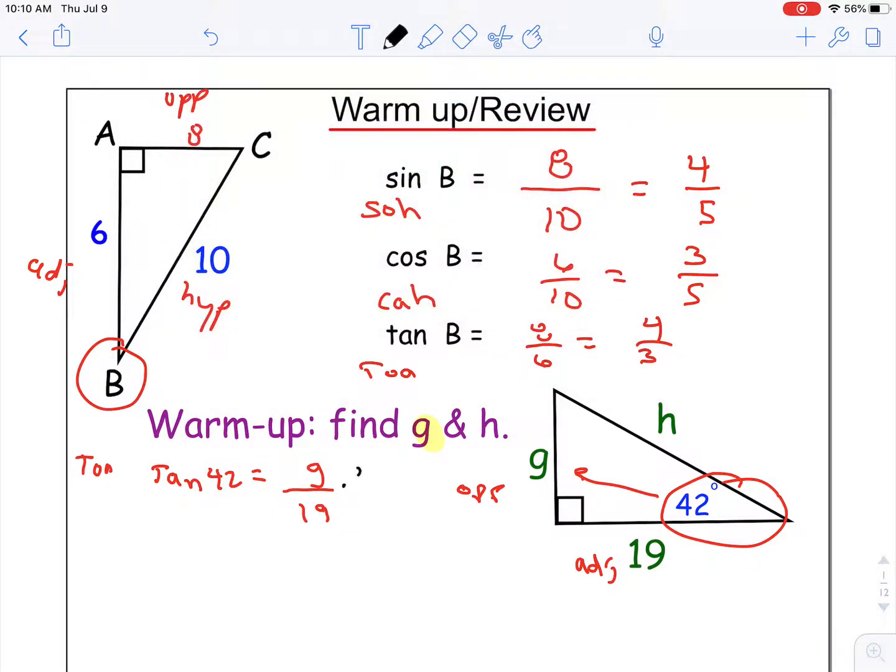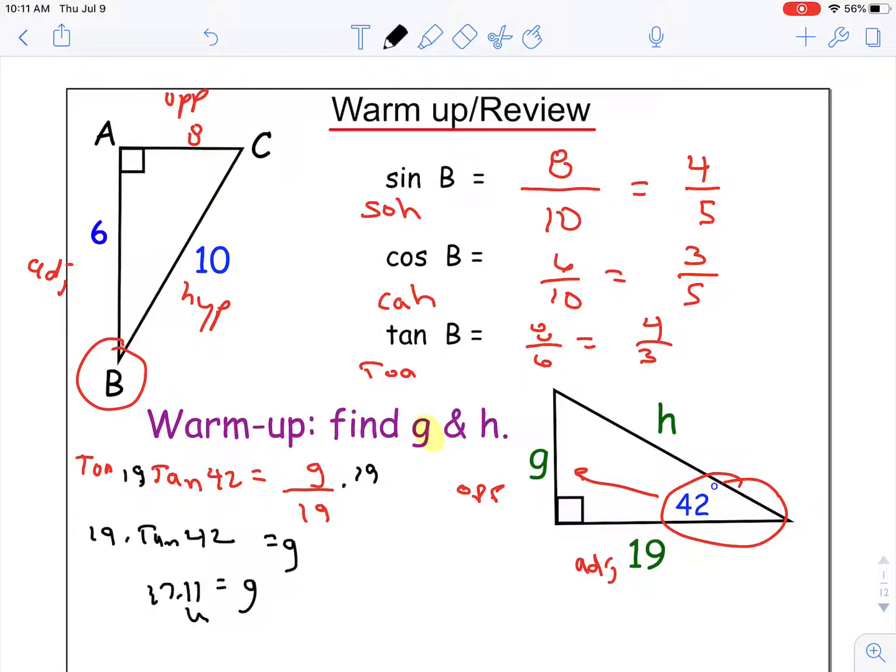So now I can just multiply each side by 19, and so now my G value is equal to 19 times the tangent of 42. And so when I multiply that together, that should give me my G is